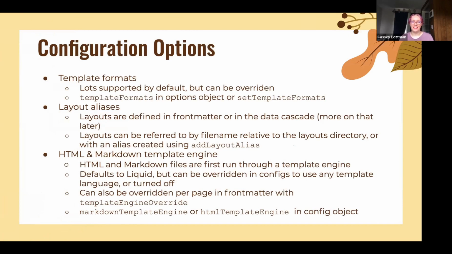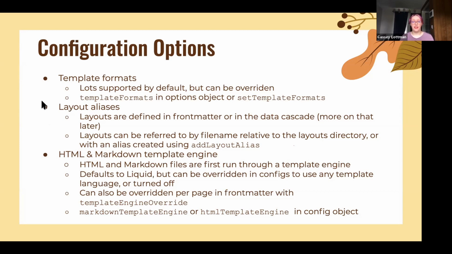First, we've got your template formats. The template formats would be things like, are you going to write your templates in Nunjucks or Pug or Haml or Liquid. There's a lot supported by default, but you can override and extend the template formats. That'd be the key of template formats in your options object, or using the configuration API, so eleventyConfig, or whatever your argument to the function is in your .eleventy.js. You would call eleventyConfig.setTemplateFormats,